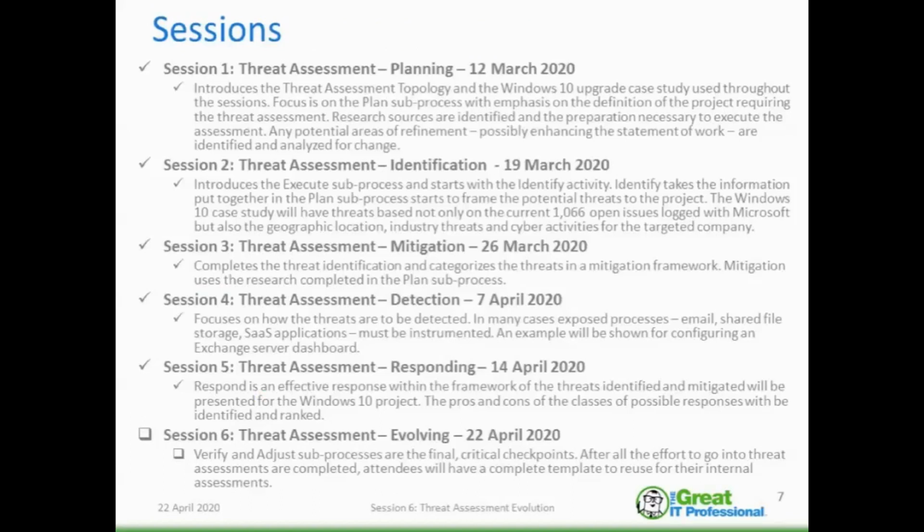Basically, we're evolving, and we want to evolve both the individual threat assessment that we're focused on, in our case, for the example of these sessions, Windows 10, but we also want to make sure that we evolve our process, keeping sets of questions we ask, understanding how we rate them, and then how we give ourselves a score. What does our scorecard look like at the end of this?